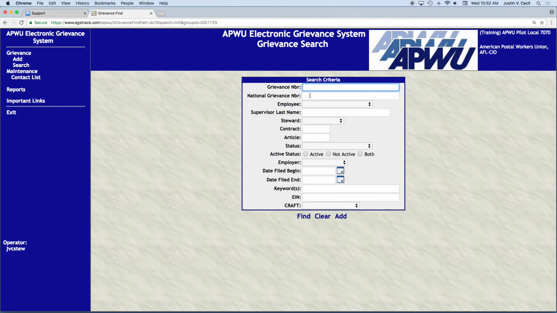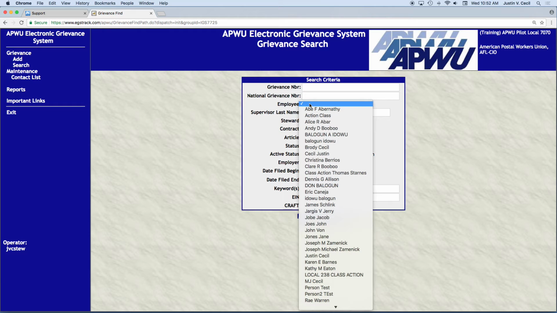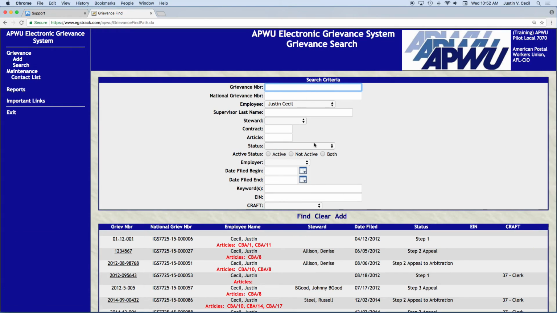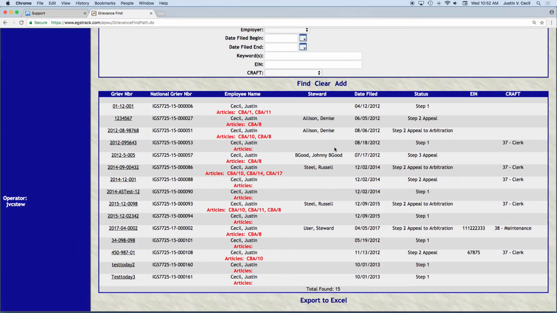So you may want to say, all right, I know I'm looking for all the grievances for Justin. So I can start typing in Justin, go down to Justin Cecil and hit find, and it will grab that member's grievances. And as you see, it displays a total of 15 at the bottom. These are all the grievances that this particular member has ever filed. All right, and then I could export that to Excel